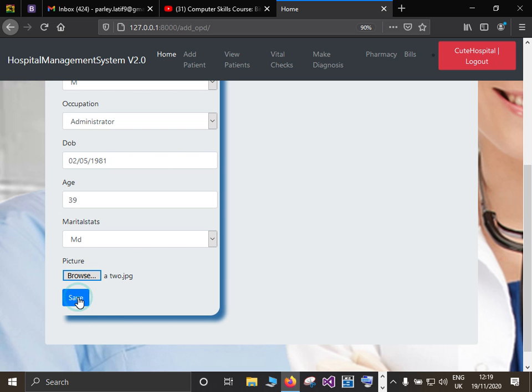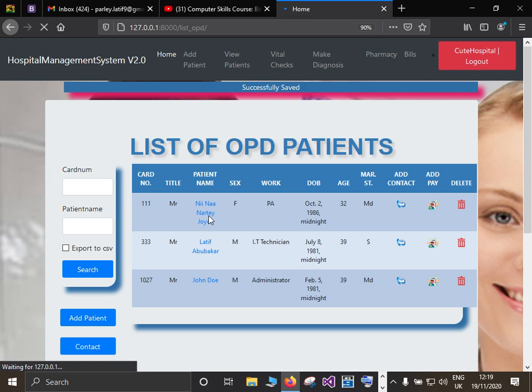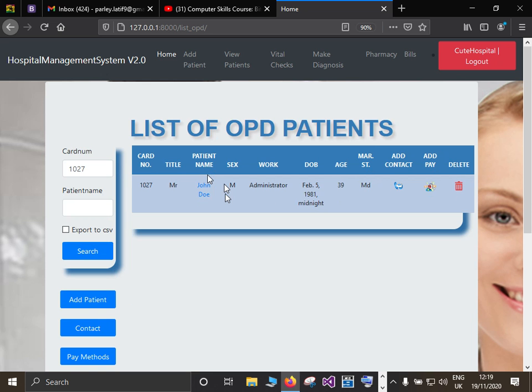Alright, at this moment, this will take you to the list of patients that you have. So these are the listed patients. You search a patient using the name. The patient we just entered right now is 1027. You just enter that, and then you click on search. This will search for this patient. So here we have the patient. Now if you want to update, click on the name of the patient, but for now let's go and see